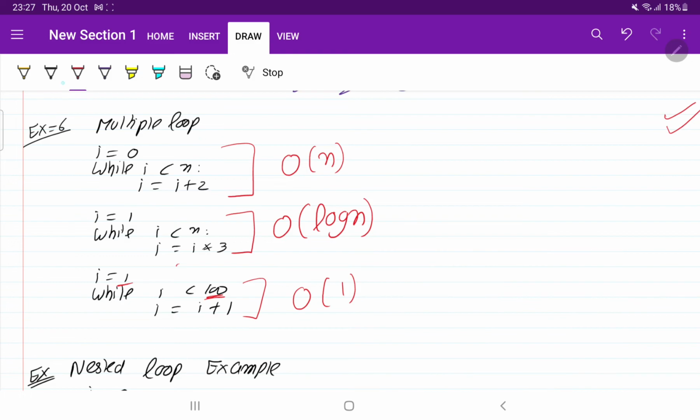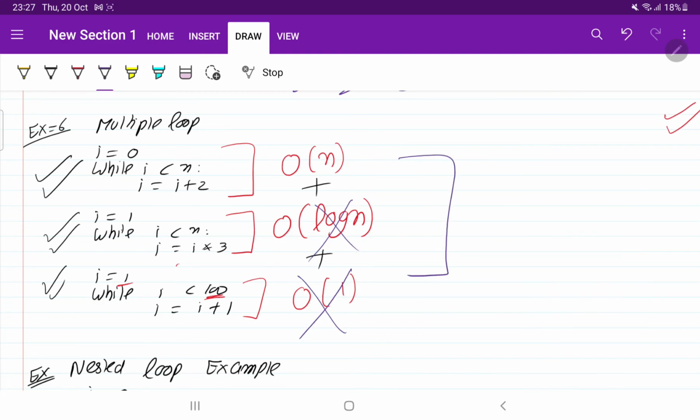Suppose our function has all three things, this loop and this loop, and now I ask you what is the time complexity. You are going to say that we add all three things. But you will remember that I told you whenever you need to find the time complexity, you can ignore the lower order terms.